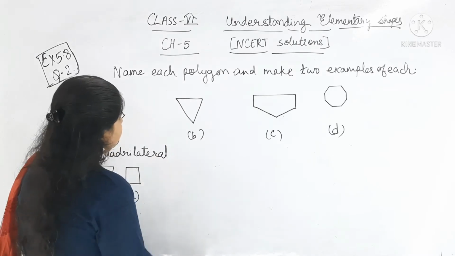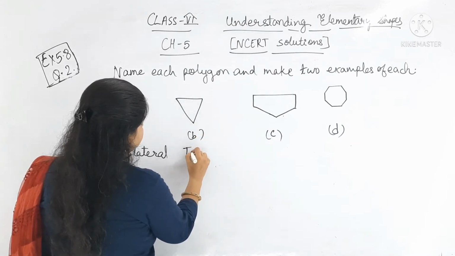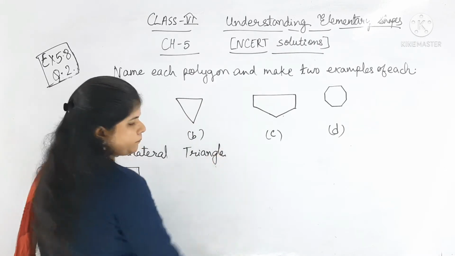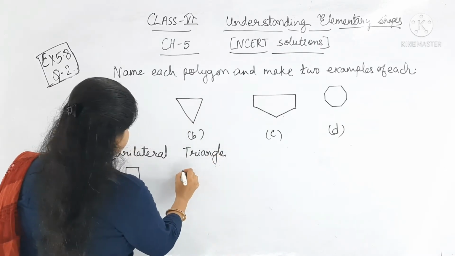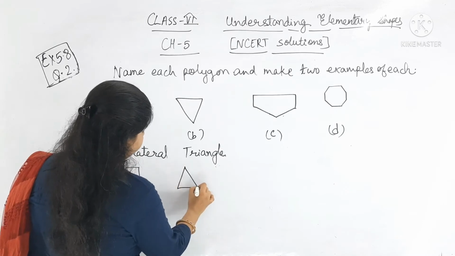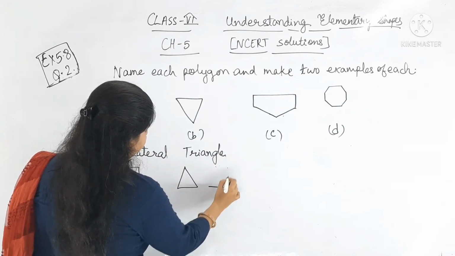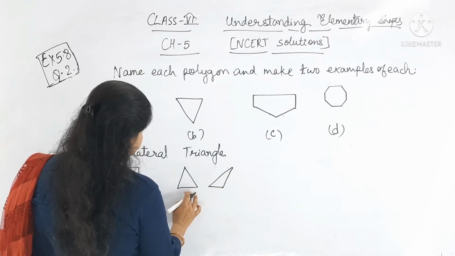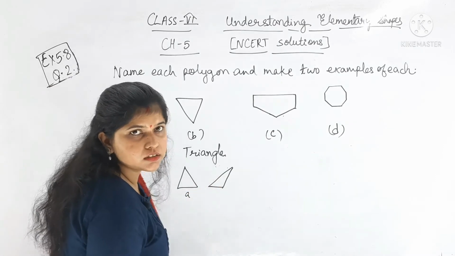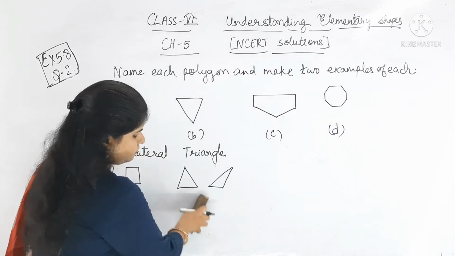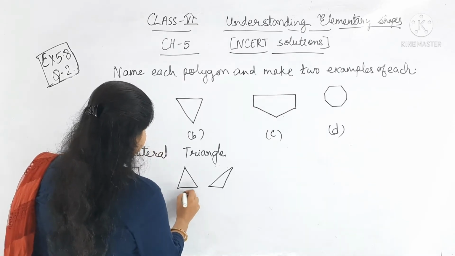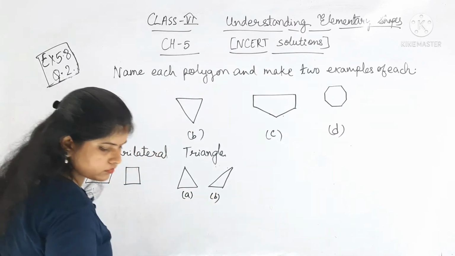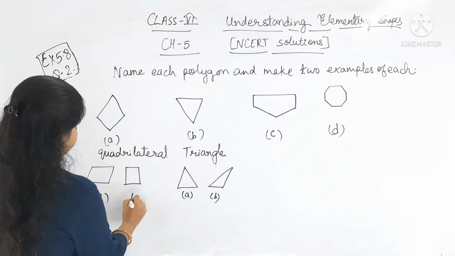Okay, here it is 3 sides, means 1 2 3, made up of 3 line segments, means triangle. Okay, and I can draw here an equilateral triangle or obtuse angle triangle. You can take any angle. I had told you the types of triangles based on sides and angles. So like that you have to. These are the 2 examples.